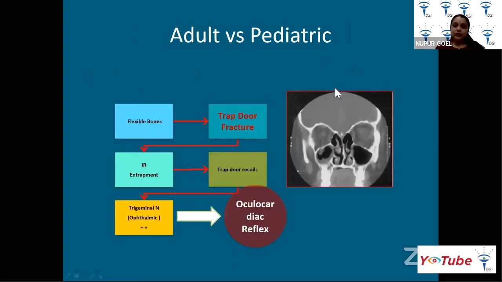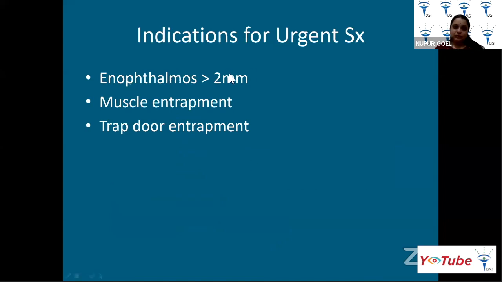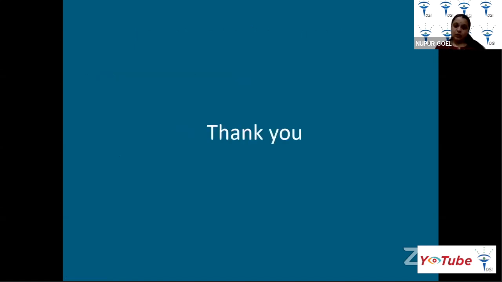We all know that in orbital fracture there is a lot of soft tissue edema associated. So you would wait for the edema to first subside before going in for the surgical repair, because that would give you a correct assessment of how much needs to be repaired and what the situation is. But there are certain specific conditions where you have to do an urgent repair, which would be enophthalmos of more than 2 millimeters, any muscle entrapment, a trapdoor entrapment, or a floor fracture involving more than 50% of the floor.